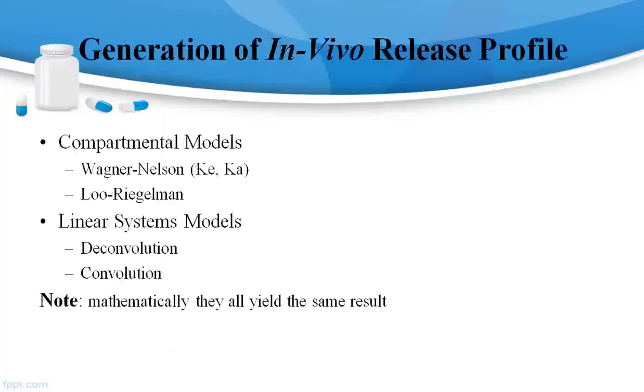Next is the generation of in vivo release profile. Under this we use compartment model, and for compartment model we find out the parameters elimination and absorption rate constant. For this we use the Wagner-Nelson method for one compartment, Loo-Riegelman method for two compartment. Linear system models: under this deconvolution and convolution methods are used as discussed earlier, and mathematically all yield the same